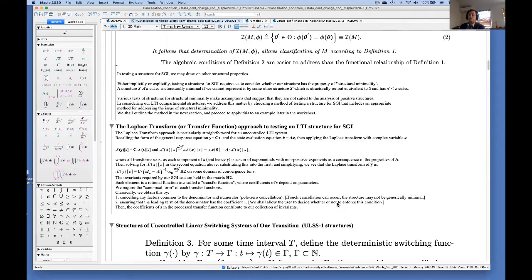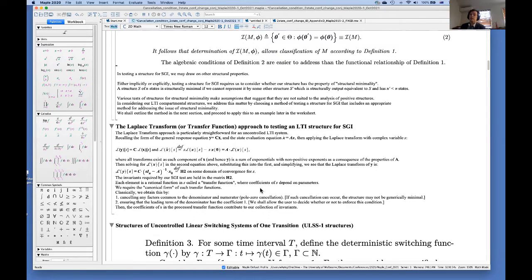If we're looking at the linear time invariant structures, one of the ways to go about analyzing those is the properties of the transfer function. And that we can take the Laplace transform of the structure equations, and we can obtain some expression, which in the uncontrolled case is essentially just a rational function. So that the evolution of the system would be a sum of exponentials, and that turns into a rational function in the transform space. And there are certain properties about that we can exploit, and we can obtain the coefficients of the transfer function for use in the identifiability test.